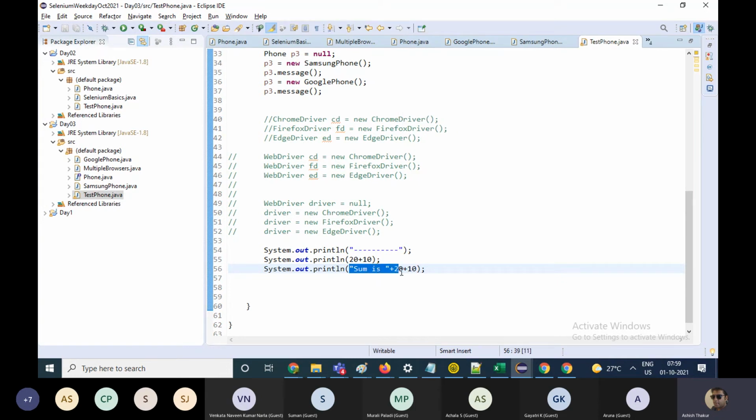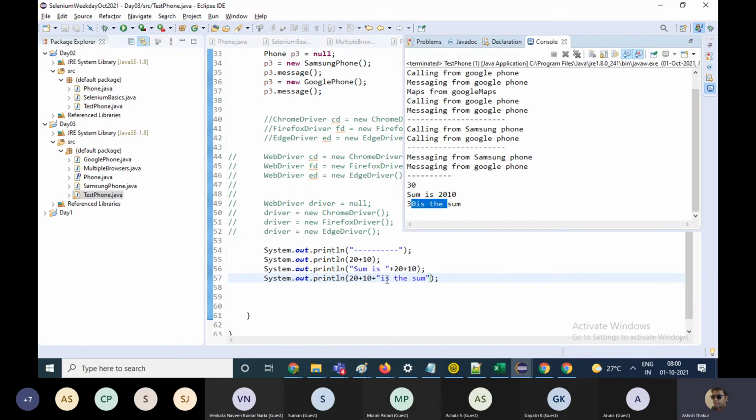First, this number becomes part of the string, and then this number becomes part of the string. If I write the other way, 20 plus 10 is the sum. Then it's going to print 30 is the sum.